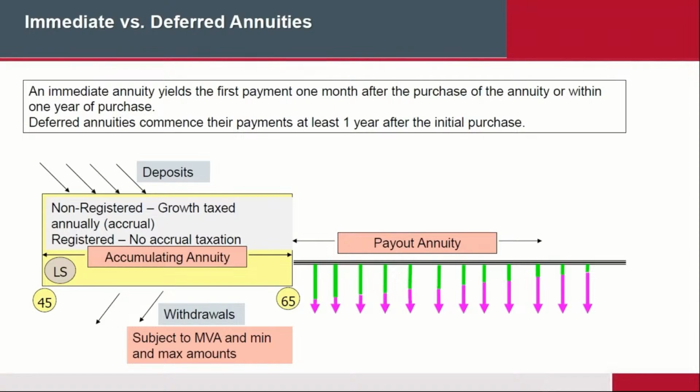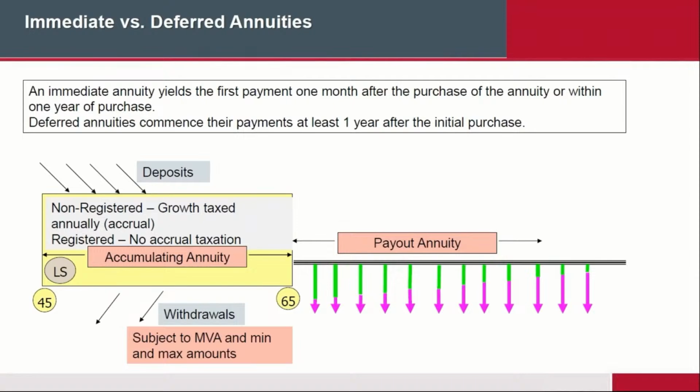In other words, I want you to send me a check a month from now. That is a typical mortgage, right? The bank gave you the money, and 30 days later, you have to start giving them a check, right? Same idea. So an immediate annuity is really a mortgage, except that in this case, you have lent money to the insurance company, and the insurance company agrees to pay you a monthly income for the rest of your life or whatever period of time. A deferred annuity, on the other hand, commences after a year. So in other words, here's my bag of money, but hang on to the money until I'm ready for it, basically.